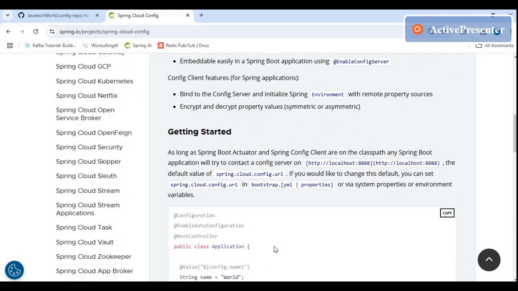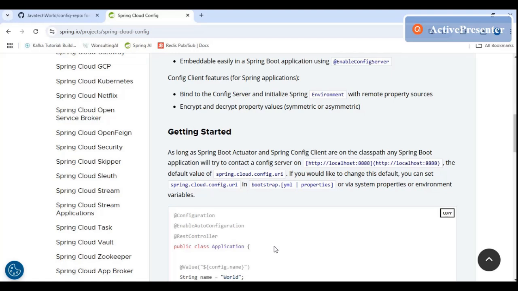So now let me tell you what example we will be implementing today. So basically there will be a config server. That config server would be pointing to the application.properties present on a GitHub repository, right? So I'll be accessing the GitHub repository through my Spring application, that is a config server, right? I'll be supplying my username and password of my GitHub repository to the config server.